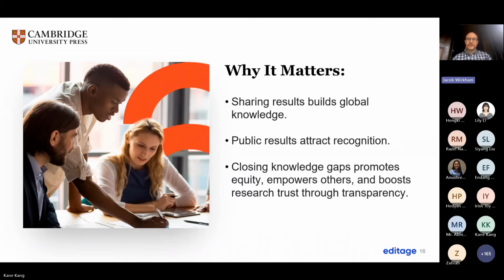So you have to be very proactive in this. And the public results attract recognition, and when you close the knowledge gaps, this helps promote equity, empowers others, and boosts research trust through transparency. So next slide, please.